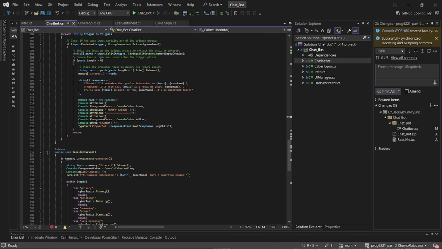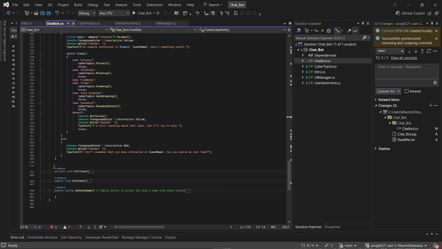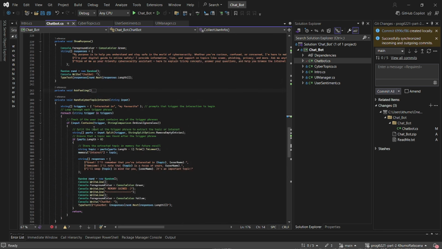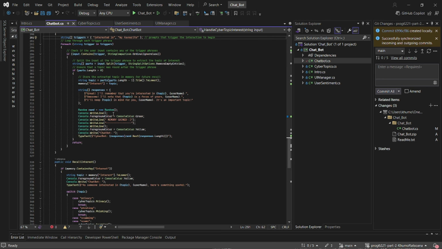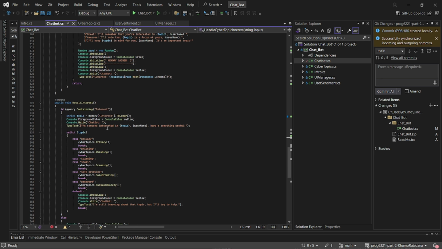This is the important one, which is the handle cyber topic interest, recall interest, and the get username. This here prompts the trigger for the interaction to begin, the interested and my favorite. There's various loops. There's a for each here, various ifs here, whether what the user entered contains the trigger or not, and then